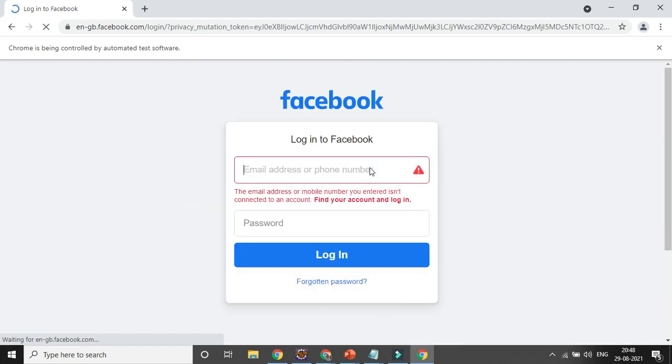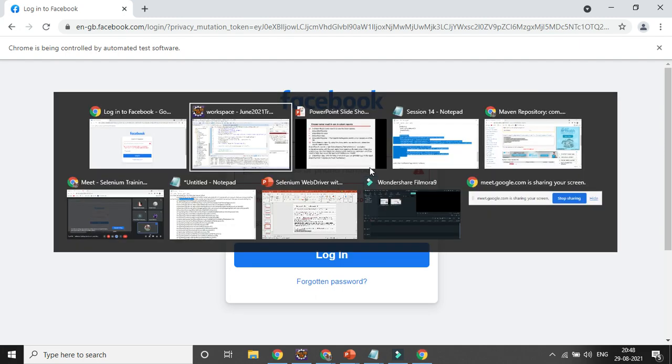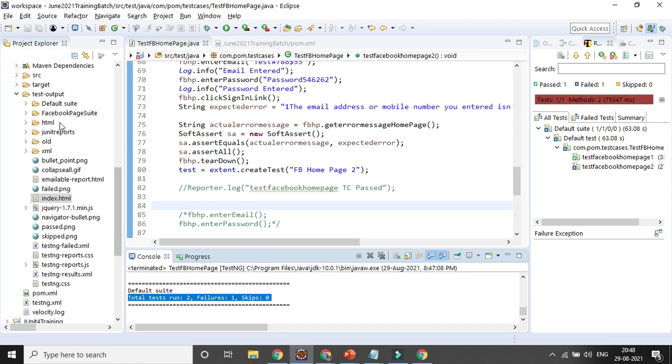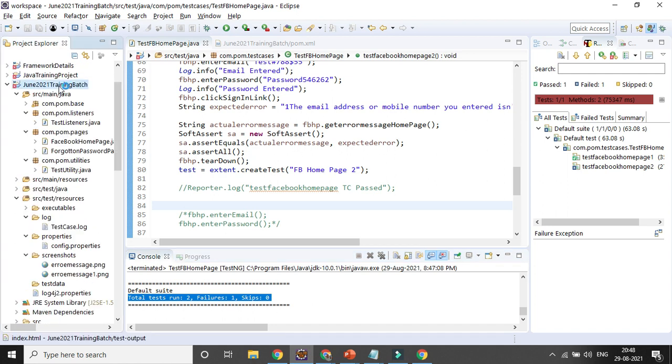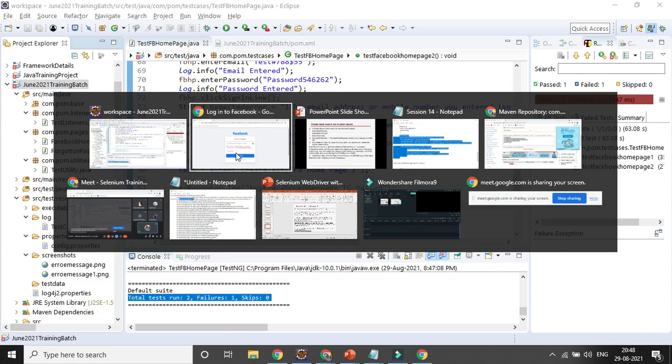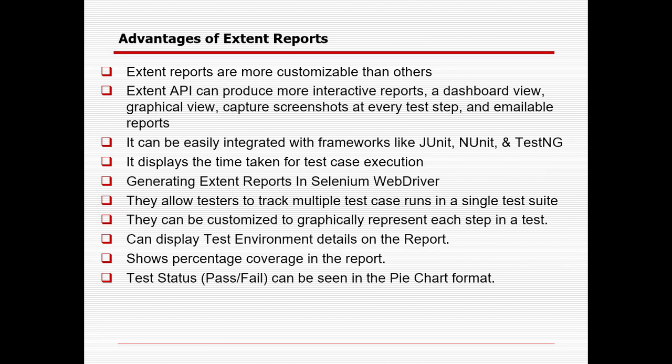I think execution is done. Now let's go here. You can see here 2 test cases run, failure 1, skip 0. Now if you want to refresh your project, try to refresh it, and you'll be getting the details